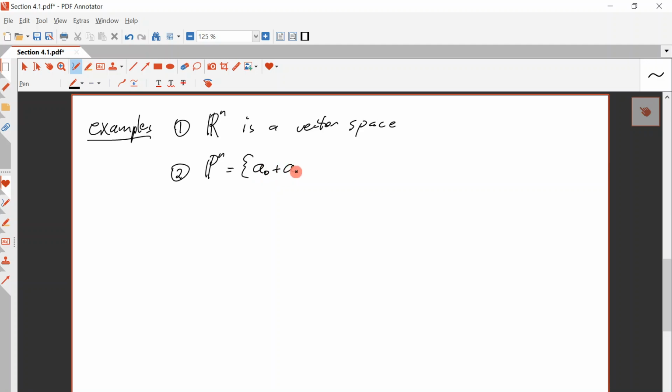So a0 plus a1x plus a2x squared plus up to anx to the n, where a0 to an are real numbers. So the set of all polynomials of degree less than or equal to n, right? Because that could be 0, in which case it's not degree n, it's degree something less than that. Right? This is a vector space